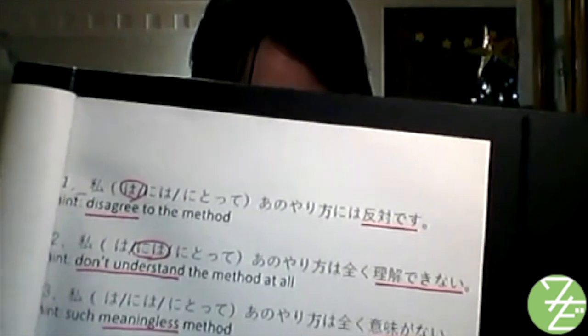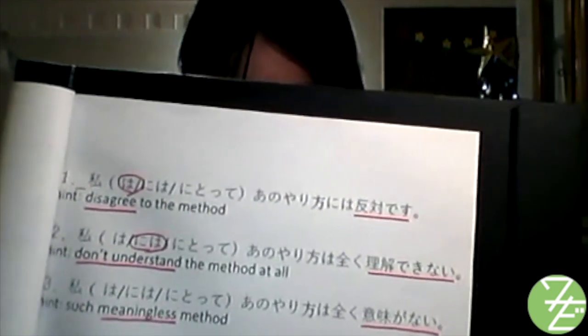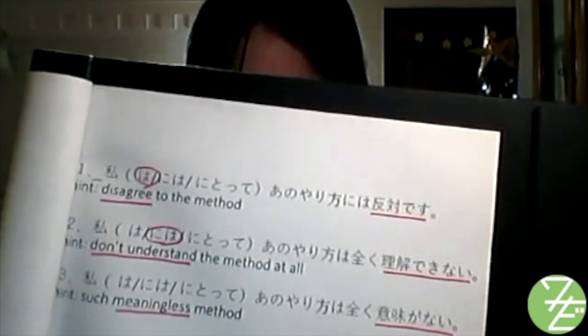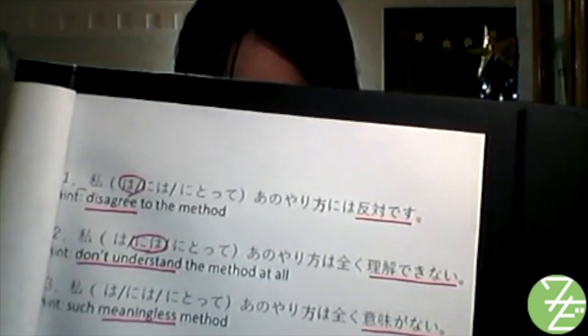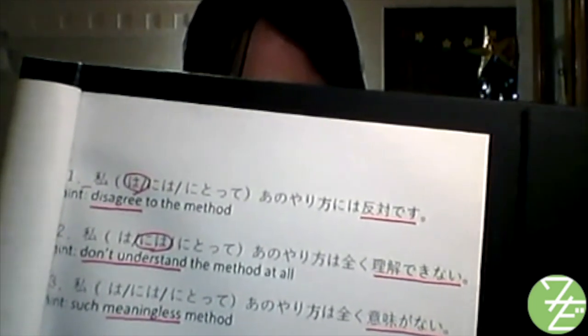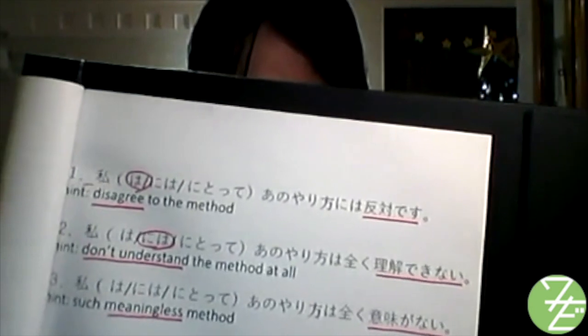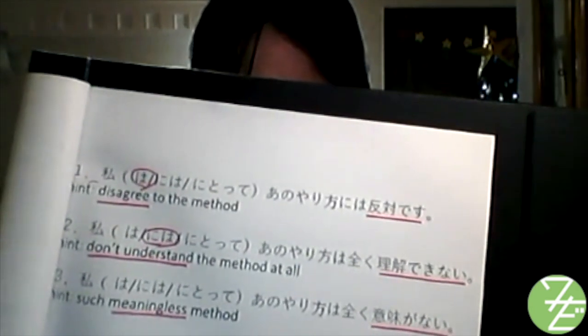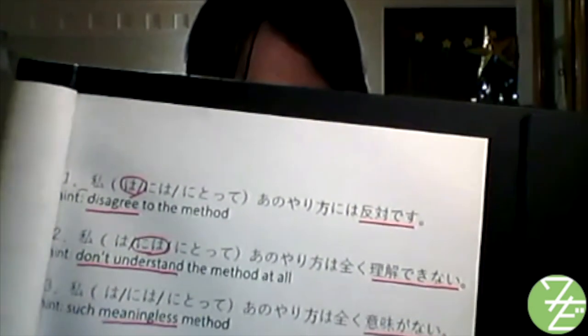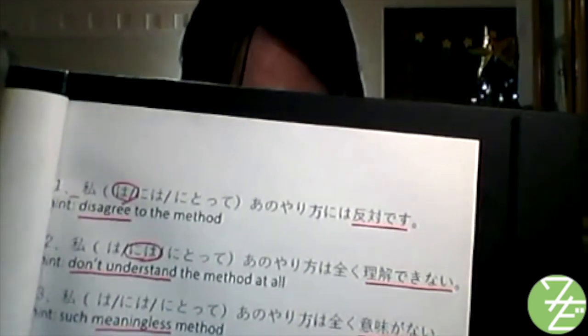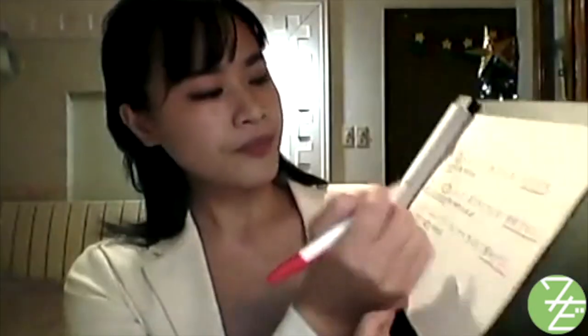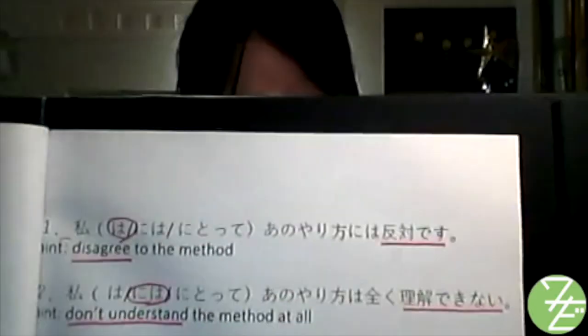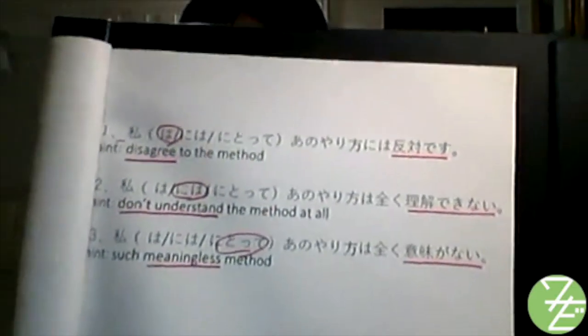For the third sentence, is the term meaningless an evaluation? The answer is yes. Therefore, the answer for this sentence is にとって。私にとってあのやり方は全く意味がない。From the point of view of mine, that method is meaningless. 私にとってあのやり方は全く意味がない。